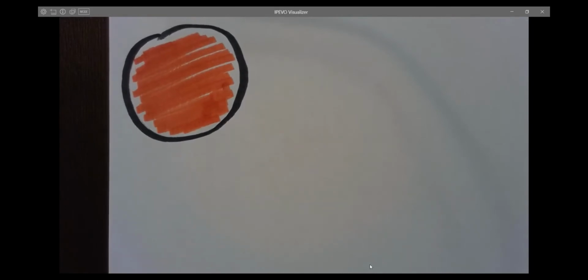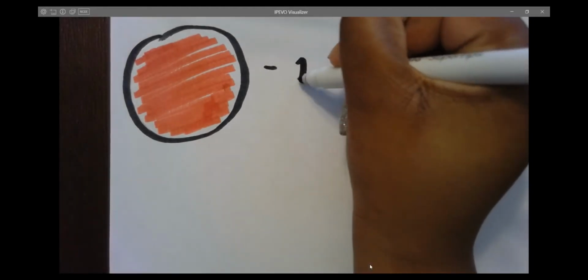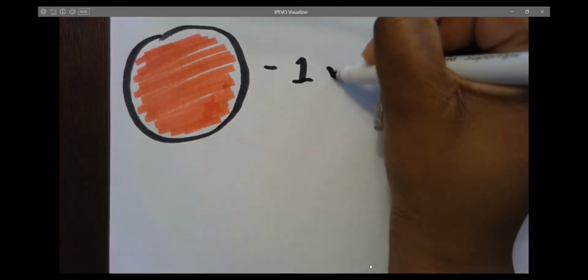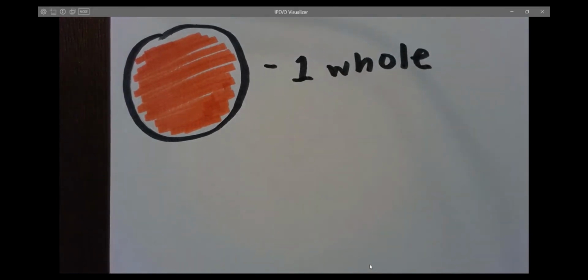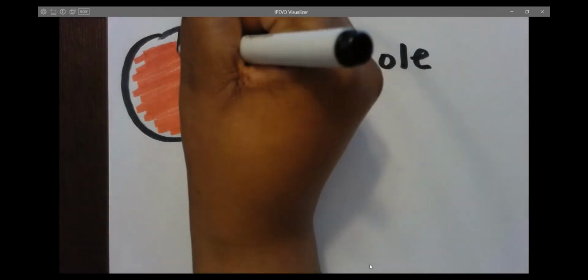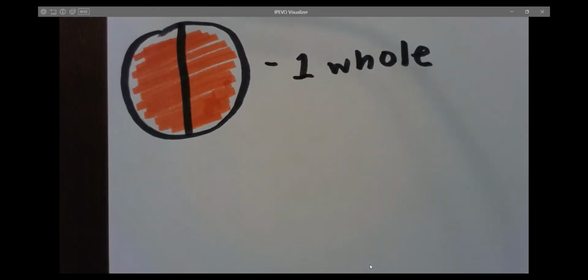Okay, so here I have one whole shaded. So next to it, I'm going to label this. This circle represents one whole. Now, let's imagine that this one whole is a cookie. So we have one cookie. I decided to break my one cookie into 2 parts. So now I have 2 pieces,